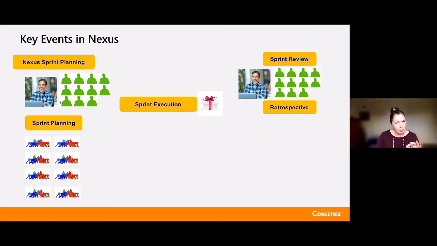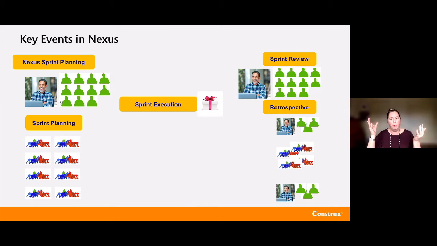The retrospective looks a little bit different. This one starts with representatives from the teams with the product owner having a conversation about how things went over this last sprint, then taking that back, having team retrospectives, and then coming back together to talk again at that whole picture level. So before it was team first, then whole last. This one is we do the Nexus discussion of the whole, go talk at the team level about the pieces and parts the teams may need to do as part of that improvement, then come back together and do a capstone conversation about what is it we're going to do together in the next sprint to make our Nexus work better.